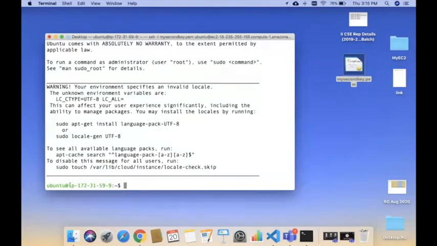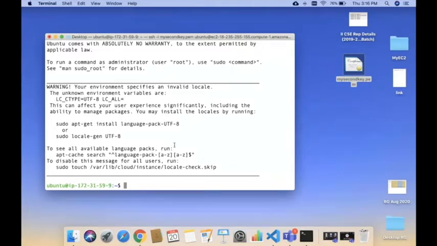Now if you look at this, this morning we created an instance of EC2 type Amazon Linux 2, but this particular type is an Ubuntu type. This particular family comes under the Debian family. In the last session we used yum to install the necessary software, but you cannot use yum directly on Ubuntu. Ubuntu supports the apt command, so the set of commands you are supposed to use is a little bit different.